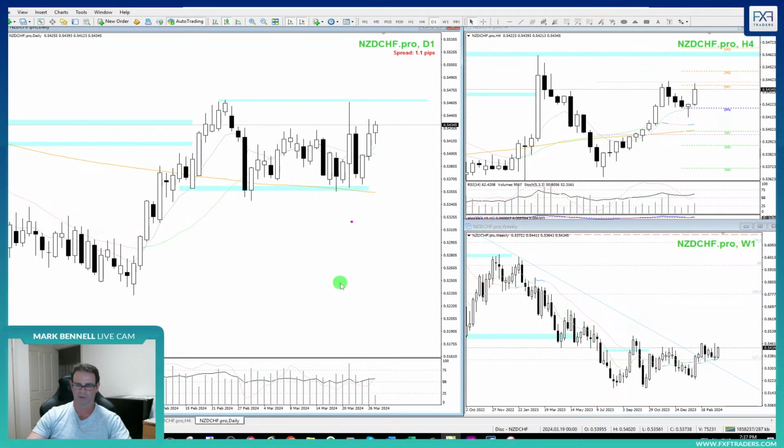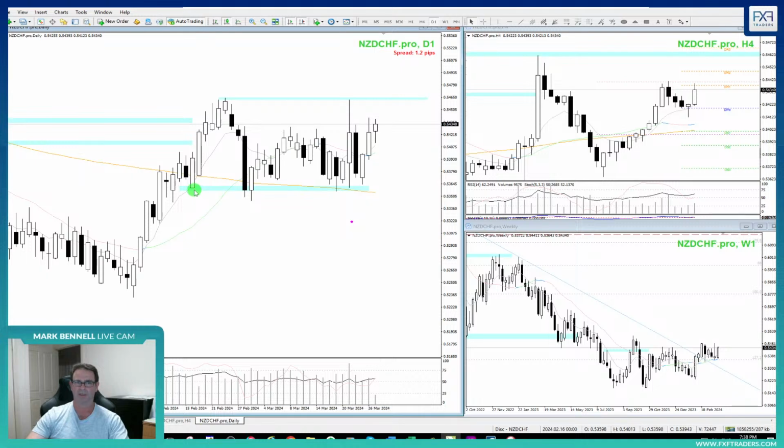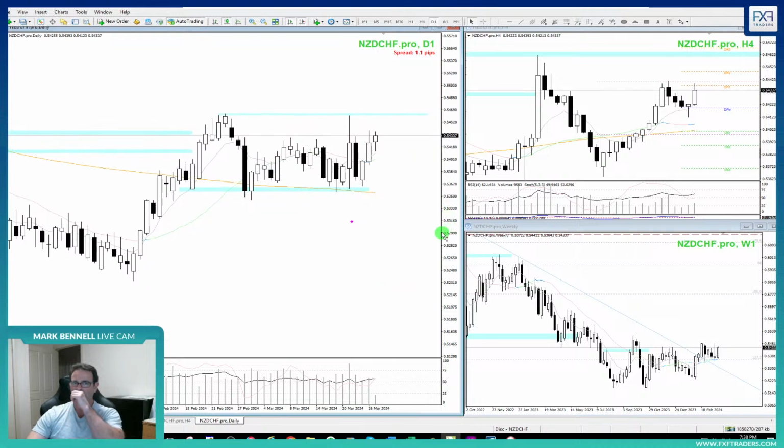The daily's giving us this consolidation structure here. Here's the daily anchor. No price acceptance, so we're still uptrending. This is all ranging price action on the right side of the moving averages here. You can see we're at the start of early momentum. So really just trying to get a setup here and look for it to test the high and